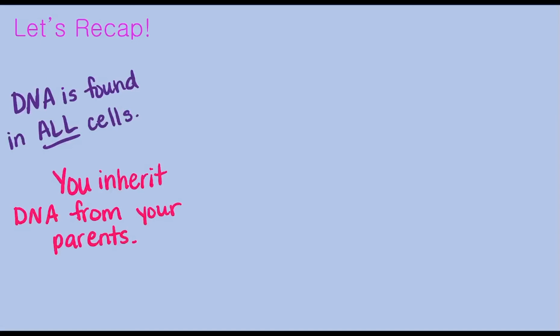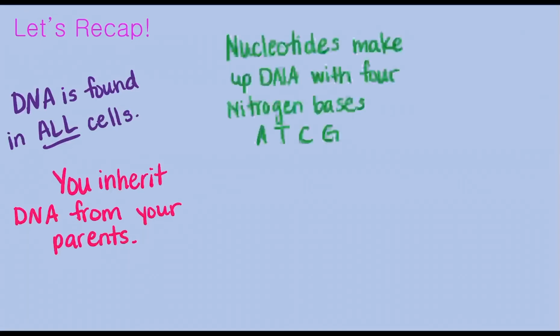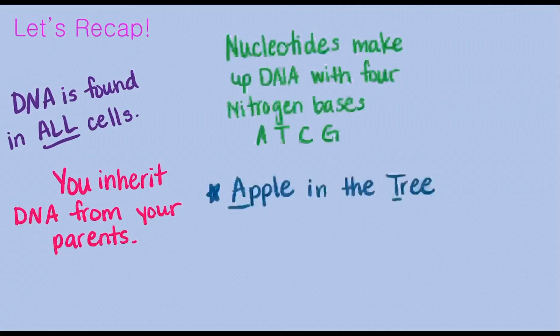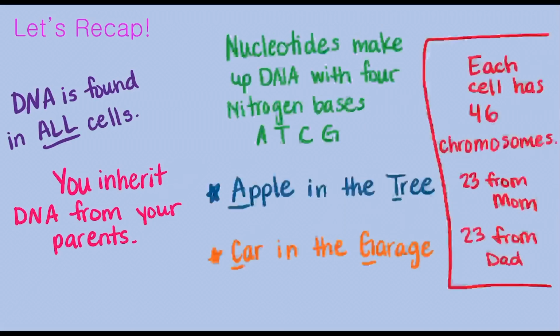So again, DNA is found in all cells. You inherit DNA from your parents. DNA is made up of nucleotides that have 4 nitrogen bases, A, T, C, and G. An easy way to remember this is that apple in the tree, those 2 bond together, and then car in the garage, those 2 bases always match up. Each cell has 46 chromosomes, and you get 20